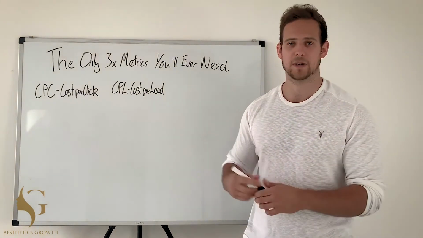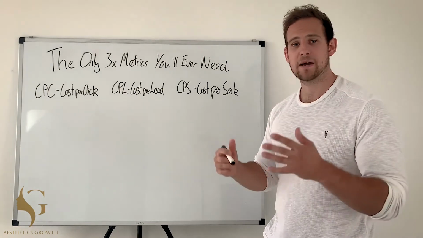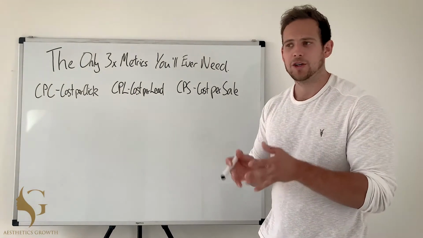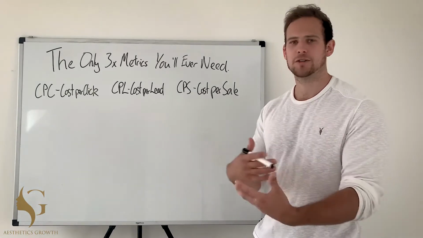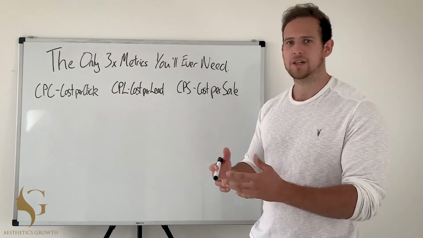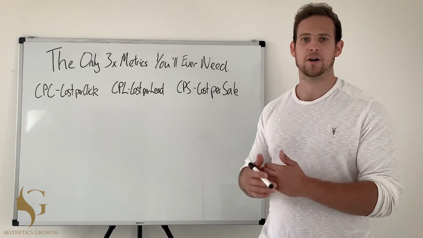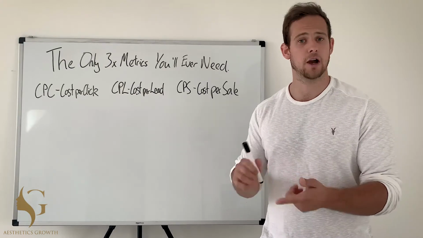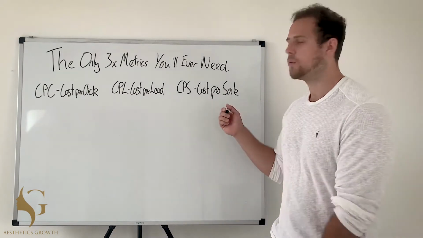On to the next and last metric. The last metric, CPS, cost per sale. This is undoubtedly the most important one. You want to know how much you are spending to get a customer. If your treatment is £150 and it's cost you £200 to find that person, that's not good, you're losing money. So you want your cost per sale obviously to be quite below your sale. If you've got overheads and other margins to factor in, you want to know what you're spending to